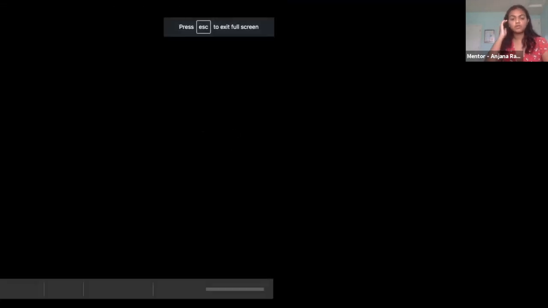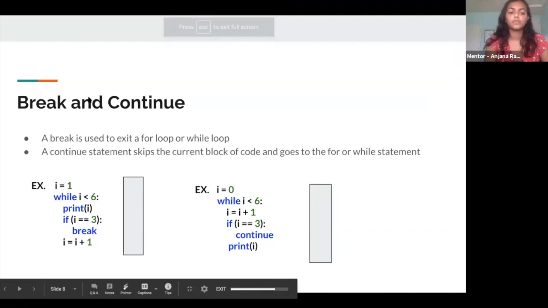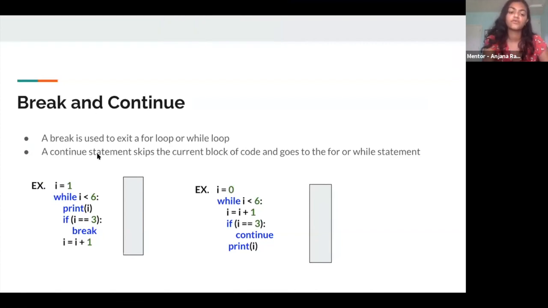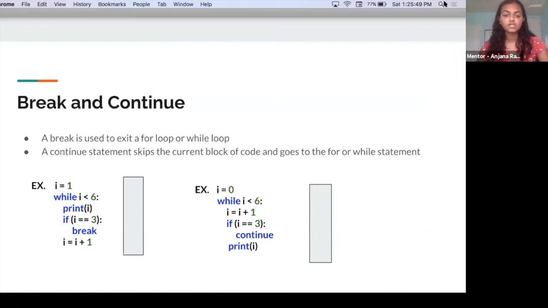Okay, so now we're going to talk about break and continue statements. These are really useful keywords for loops. A break is a keyword used to exit a for or while loop while the condition is still true. And a continue statement skips the current block of code and goes to the for or while statement. So in this example where we use the break,